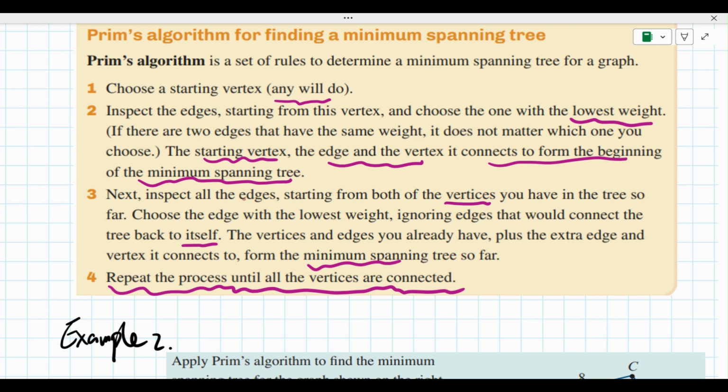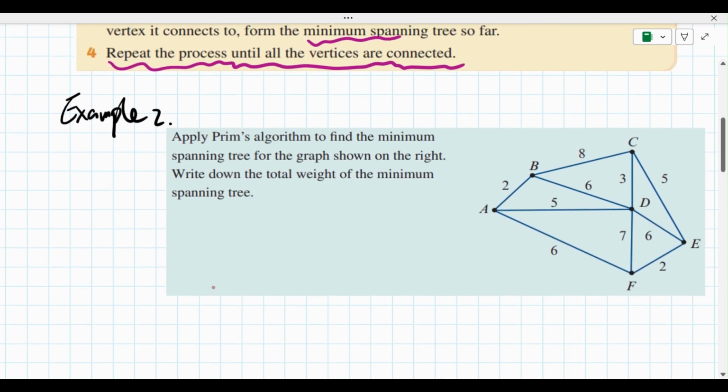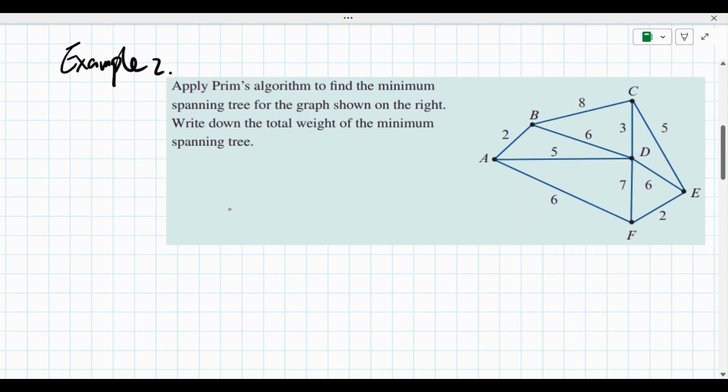So how do we do this in the mathematical way? I'm gonna show you this example. We're gonna apply Prim's algorithm to find the minimum spanning tree for the graph shown on the right, and write down the total weight of the minimum spanning tree. Okay, first things first,